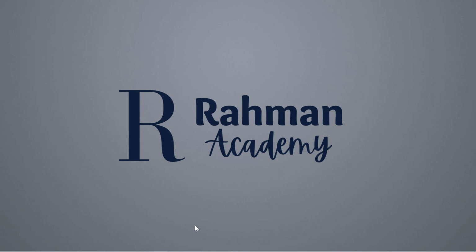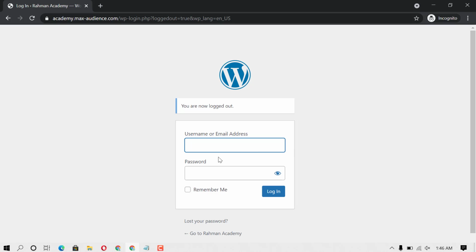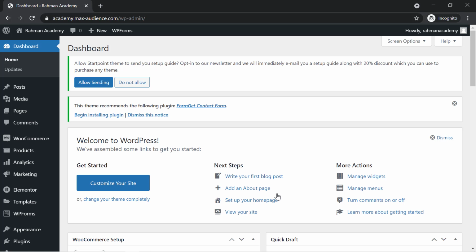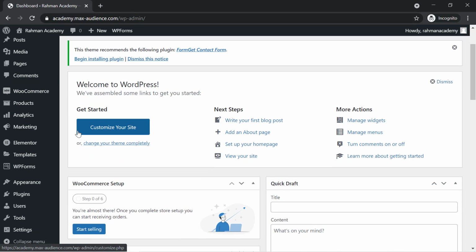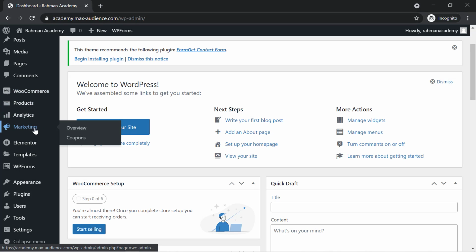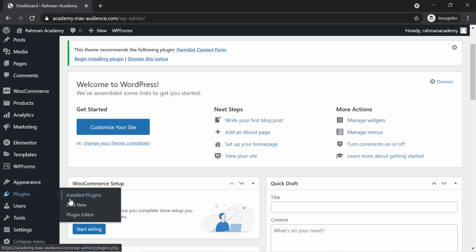So without wasting any time, let me just open my website. Let me enter my username and password. Click on login. Once you log in, here you can check that on the left hand side there are a few plugins installed like WooCommerce, Marketing, Elementor. So for resetting a WordPress website, you can go to plugins and click on add new,